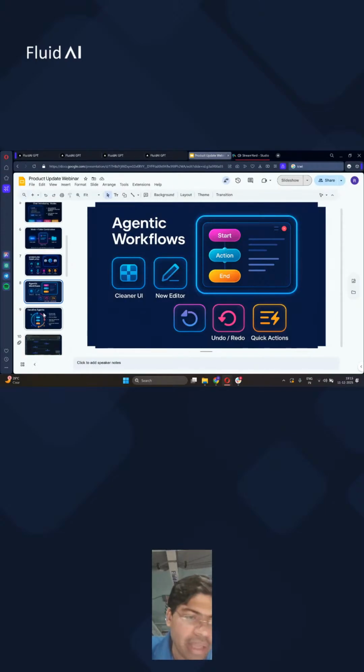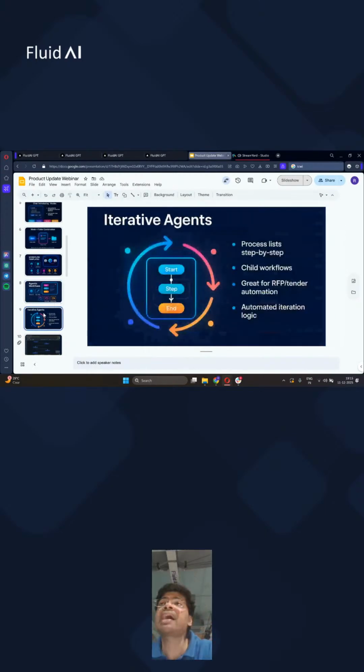Let's go on. So I think one of the cool things that we are now seeing is iterative agents, right? One of the most asked for features is, can the agents do something iteratively? We've seen this in the space of RFPs, right? We've created these agents which hunt for RFPs on different bank websites, on different government websites. And literally what this agent needs to do is go to website A, figure out if there are any RFPs that are relevant to us, then go to website B, do the same operation, then go to website C, right?